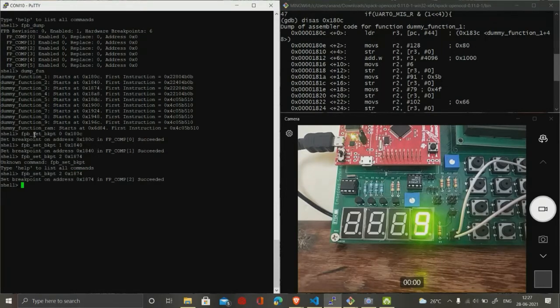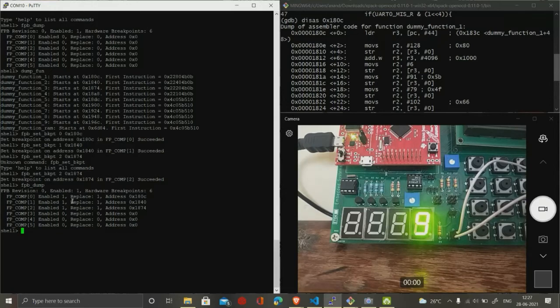As our breakpoints are set, we can also see this by using the fpb dump command again. Now you can see these 3 hardware breakpoints are set at these 3 memory locations.